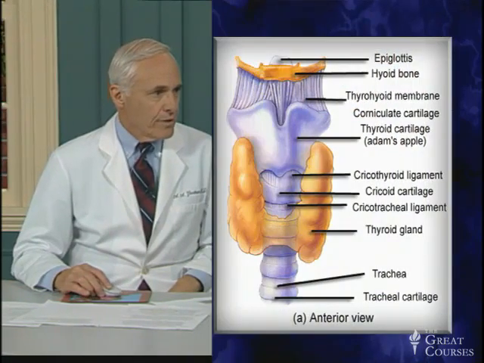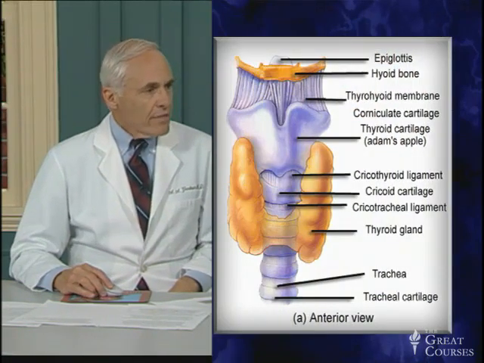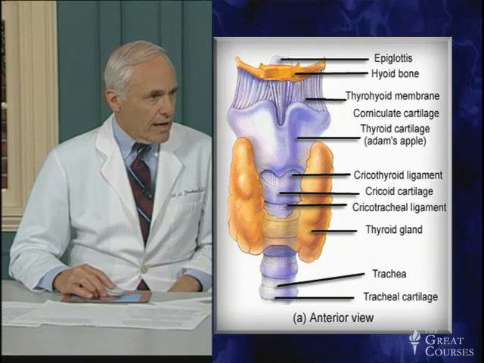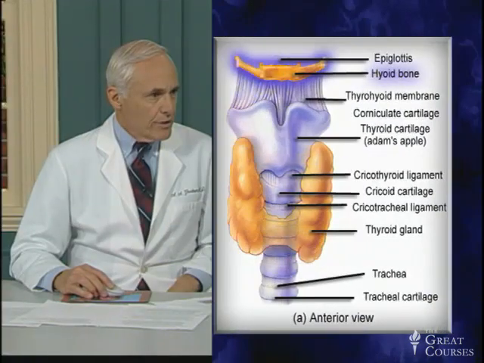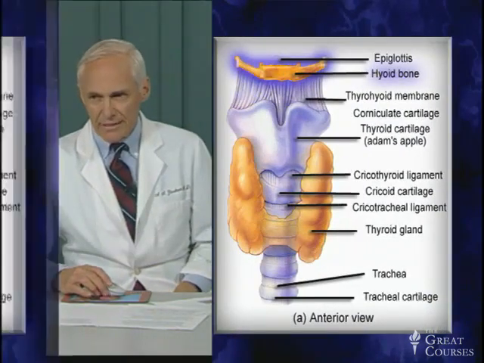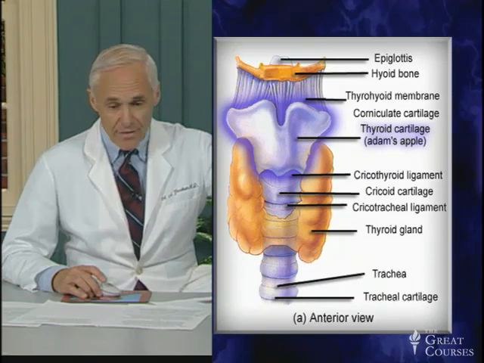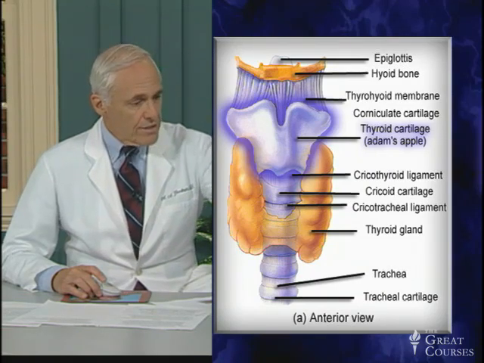It's in the middle of the neck, about halfway between the base of your neck and the clavicle. And it's right in the midline. This is a front view of the larynx. The bone at the very top, called the hyoid bone, is one that you can feel with difficulty. What we're all familiar with is this bone, which is the